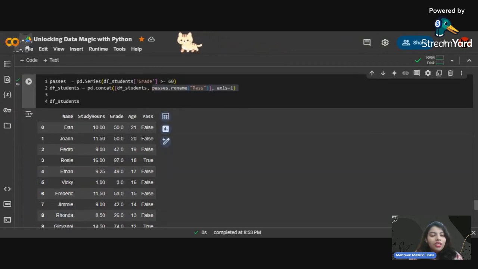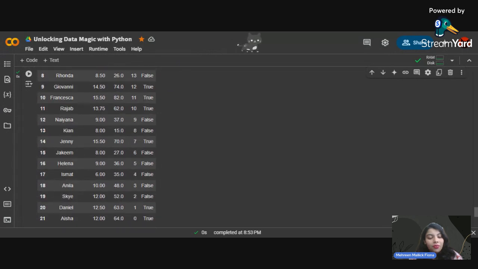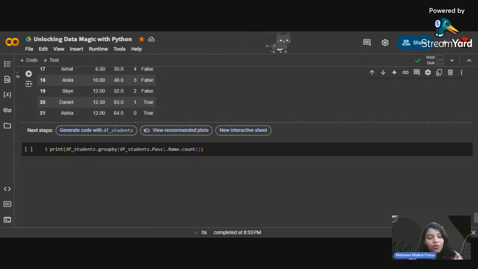So we can also introduce a new column and set another if condition, and based on that we can do another analysis or come to a conclusion. We can also group this data with the help of the groupby function.